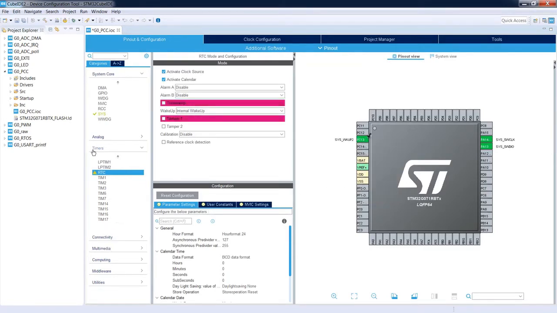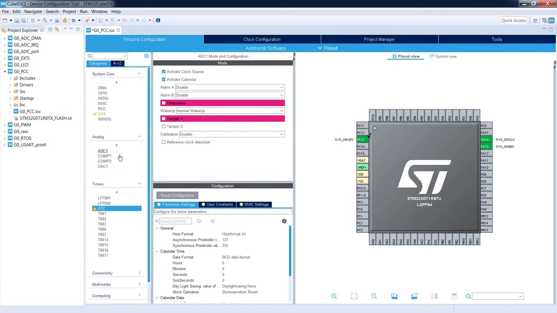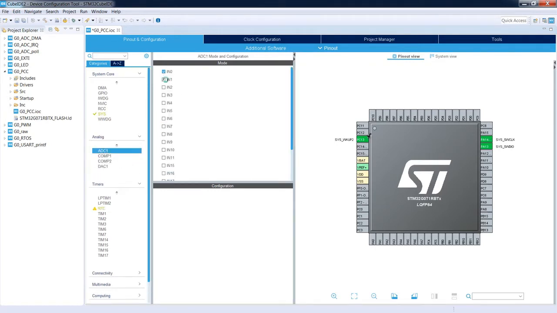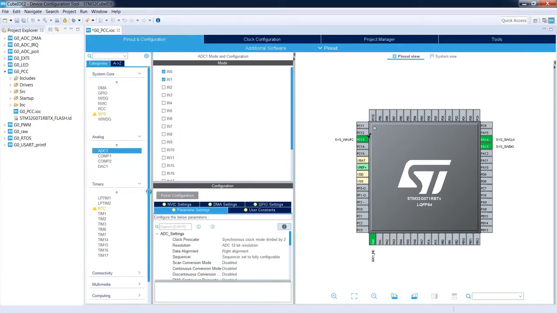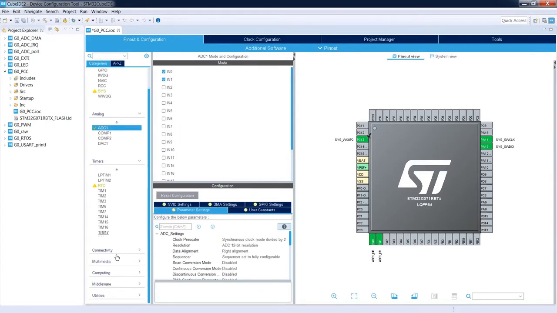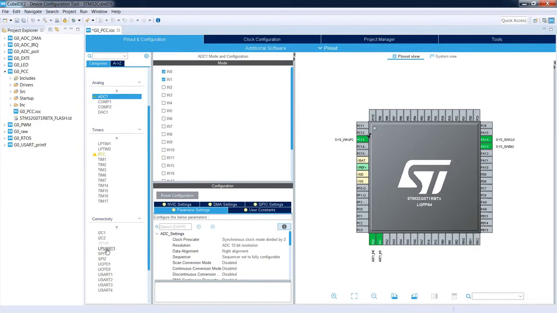And additionally, we will select ADC1 with some channel measurements. So let's select 2 channels, and from communication peripherals, let's select low power UART 1.